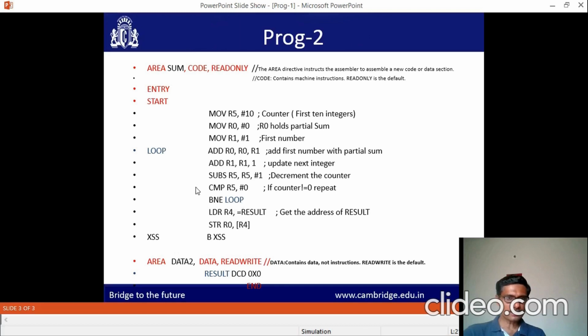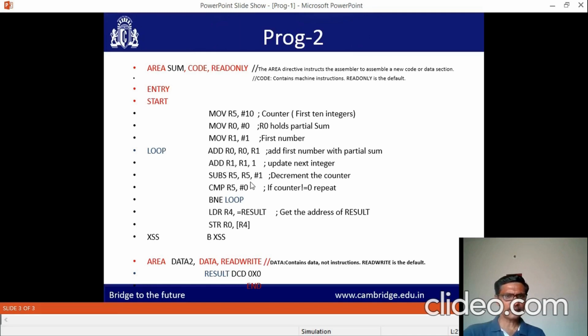The loop continues. In the second iteration, R0 is 1, R1 is also 1, 1 plus 1, the new value of R0 is 2, that is the partial sum. Then again update the next integer, so R1 is 1 plus 1, the new value of R1 is 2.